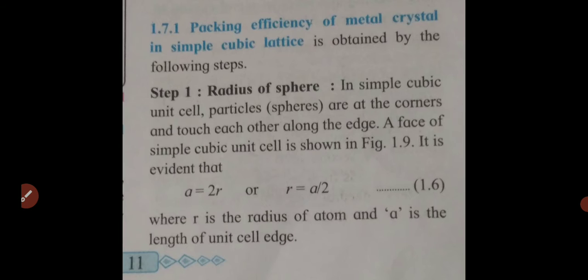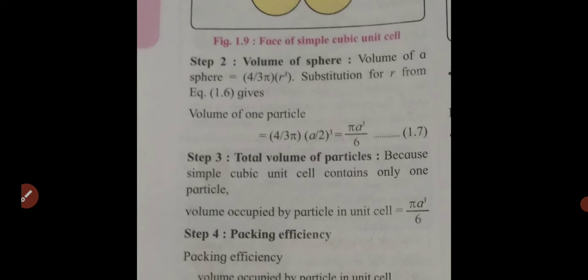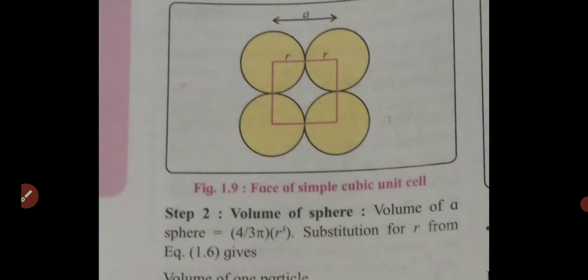Now consider the sphere having its radius r and the edge length of the edge is a. So we get a is equal to 2r. Now you will understand through the diagram. So r we get as a by 2. Now in this slide you will come to know, when you see the diagram here,